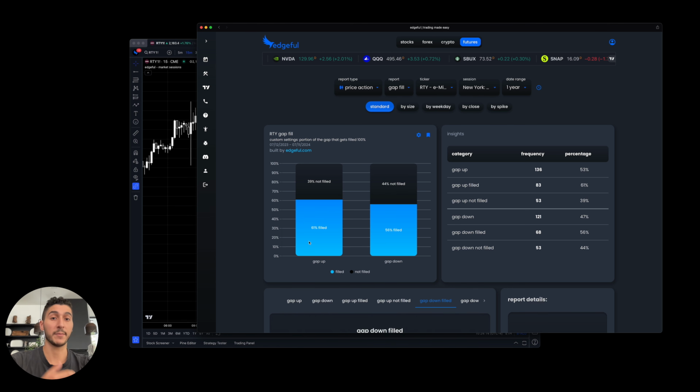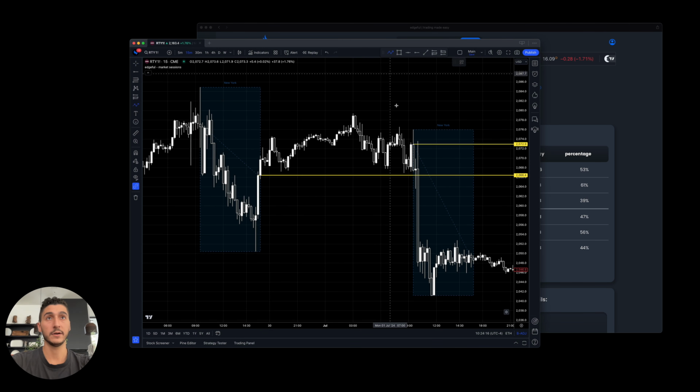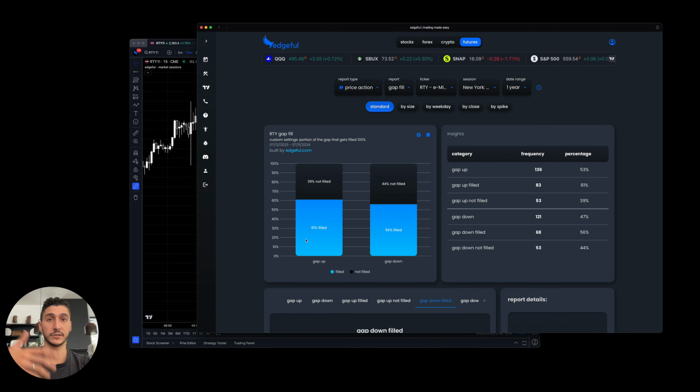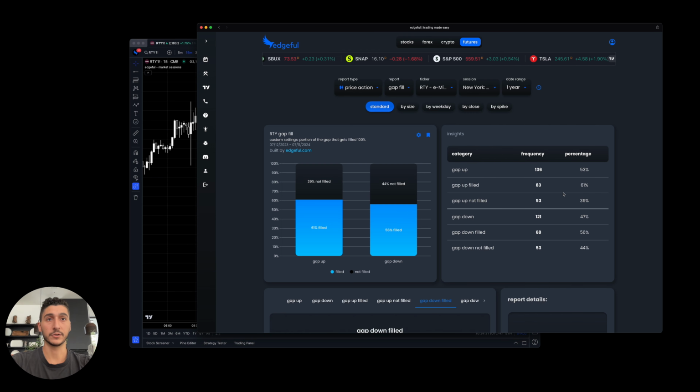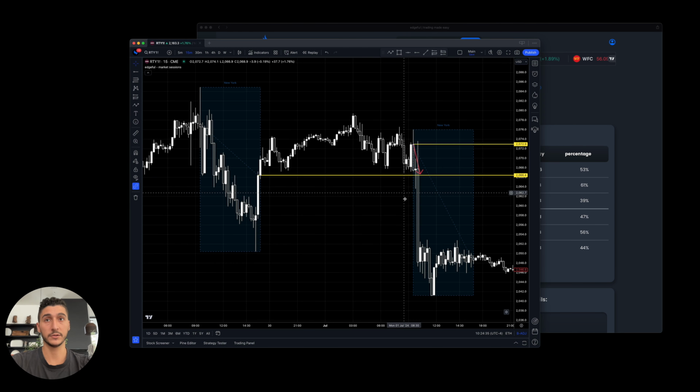a likelihood that this gap will fill? As a reminder, a gap fill is when price comes down to touch the previous day's close, which means that in this case, obviously 61% of the time it will fill today. So you want to have a short bias targeting this area. And then if the opposite is true, in this case, for the most part, the gaps down will also fill. So if price opened below, a gap down would be,